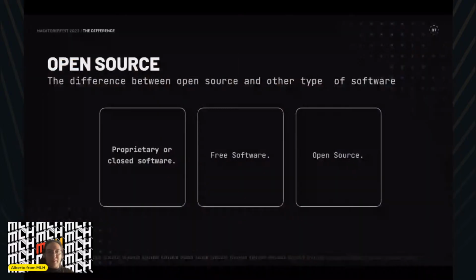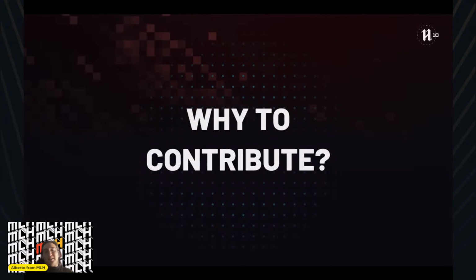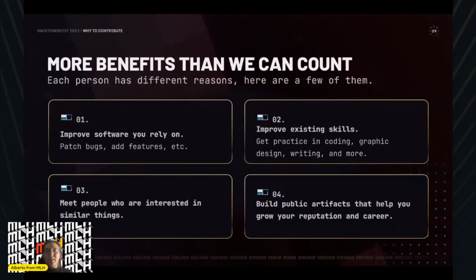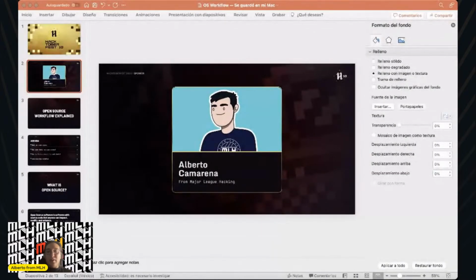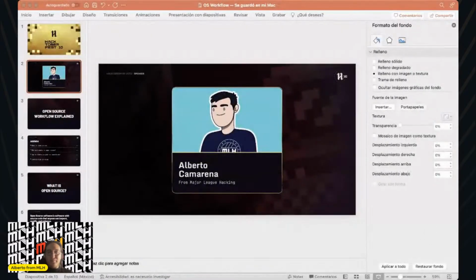So yeah, let me share the screen. We see what open source is. Now let's focus on why to contribute. These are a few of the reasons, because remember, every person has different reasons to contribute, and not all have the same reasons.